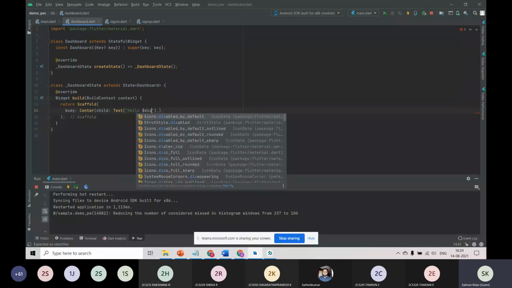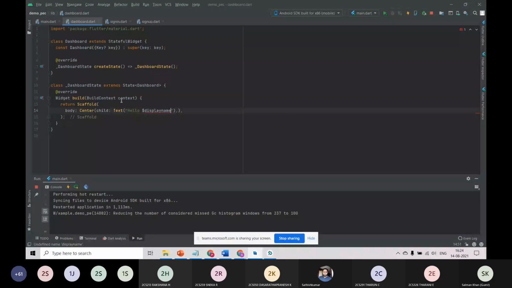And I should get this display name from the constructor. Let me change it to stateless itself. It will be very easy for me.